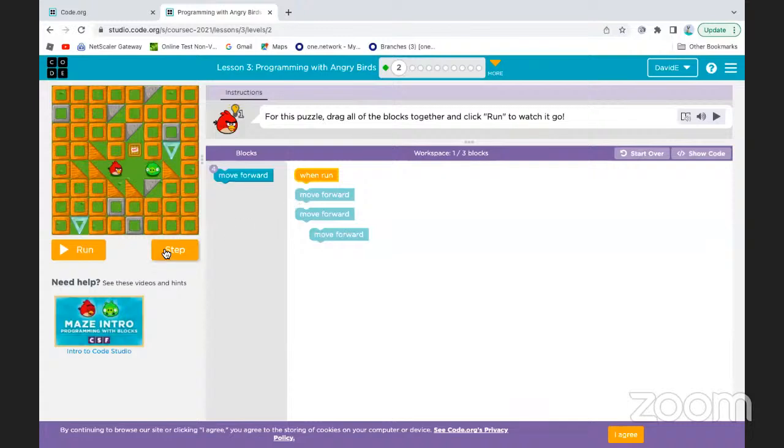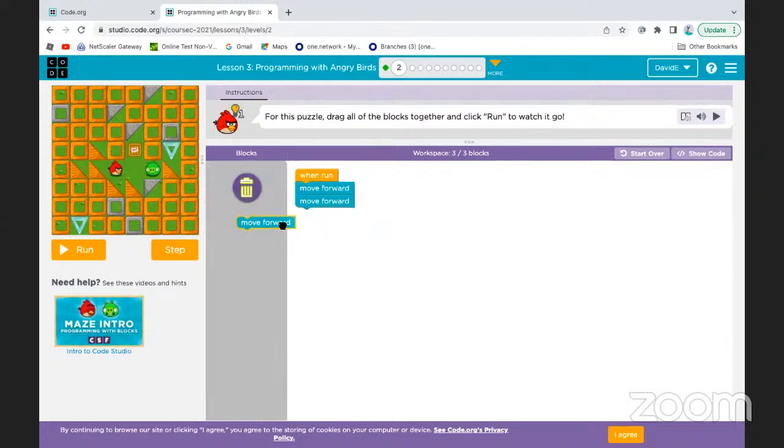And step means it will do one of the instructions. For example, if I do run, the Angry Bird will go 2 steps, but if I do step, it will only go 1 because it does 1 at a time.